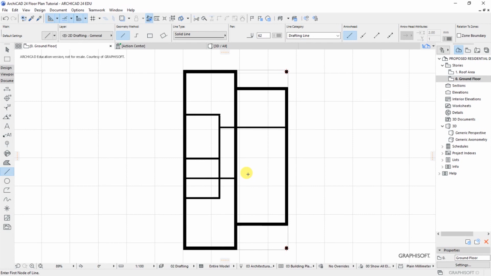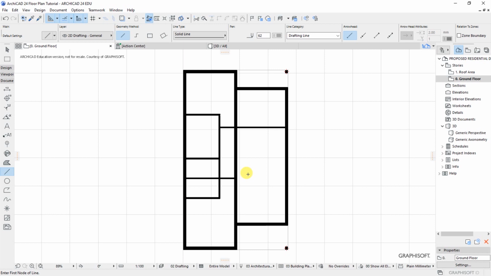In the previous tutorial, we were able now to create a new project in ArchiCAD 24. We made the project location and information settings and basic working units settings. We were able to draw our external and internal walls and place some columns on the plan. In this video tutorial, I want us to continue from where we left, and we will start by